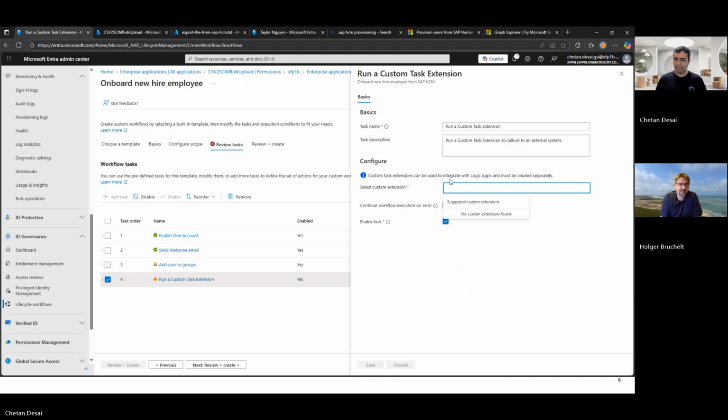Nice. And typically I would create the user in my HCM system, I don't know, a week before the actual employee arrives. Yes, so this information is already in Entra ID, and once the day comes, this lifecycle workflow would be triggered. Then we can call the Logic App, and then we create the email address or something. Exactly. That's right.